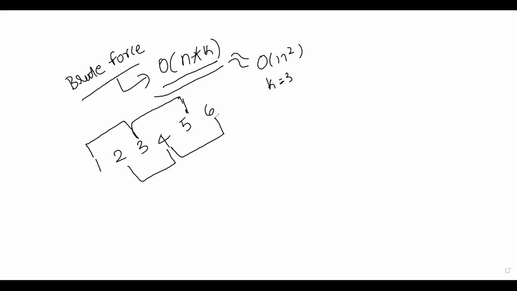Can you see an overlap here? Once you calculate these 3 elements, can you see an overlap? So you're doing the same work again and again. Sum of these 2 elements is already calculated in the previous sum, but still again you are calculating, correct? Do you agree with me? For example, you calculate the sum of 1, 2, 3. What is the sum of 1, 2, 3?